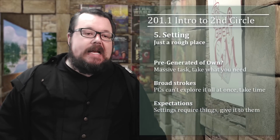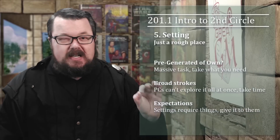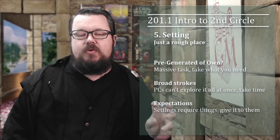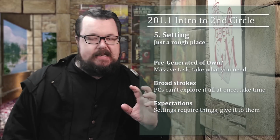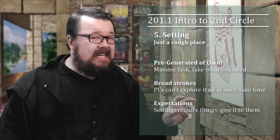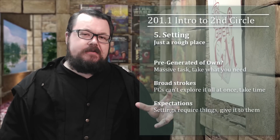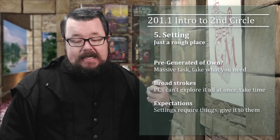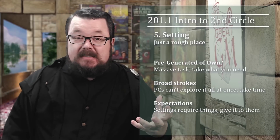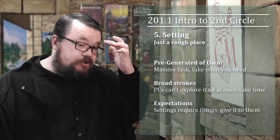Right, so it's a rough space. It's not, I know the colour of the teacup in the room of the Duchess in the county of Ghent, and that's it. I've got that kind of level of detail. It really doesn't need to be that much. Again, what a lot of people feel is that they have to have all of this stuff beforehand, and then they don't start, or they start creating all of the stuff. They never get to actually playing. So pre-owned or generated,